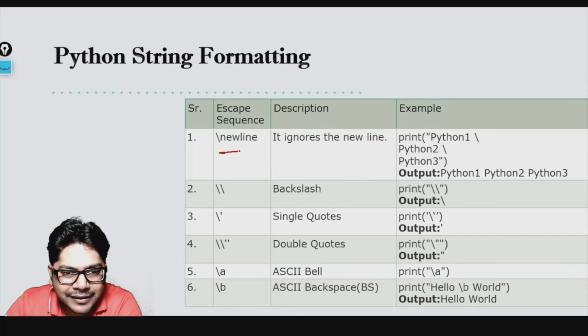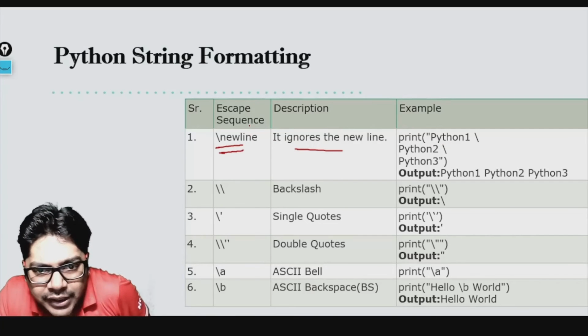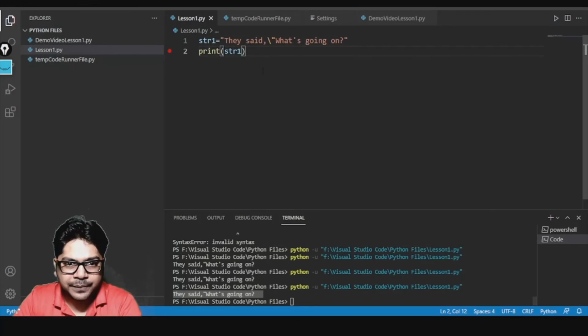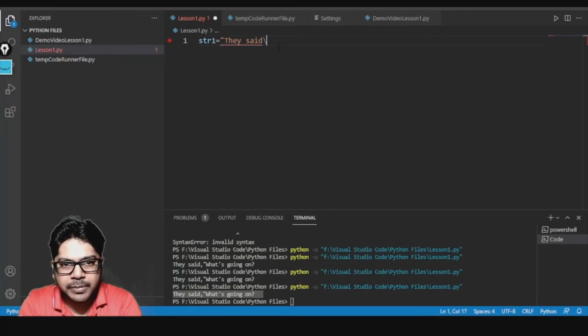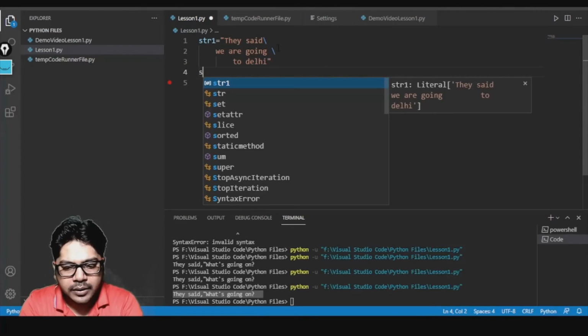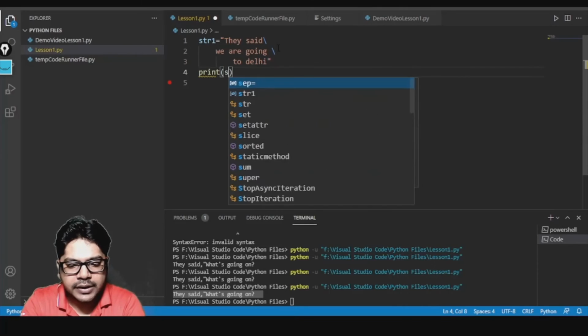Now backslash newline ignores the newline. So if you write backslash newline, it ignores the newline. What I mean by that, let me show you here. I'll remove everything here, put a backslash, we are going to Delhi, and I'll put a double quote here, and now here I'll write print str1.